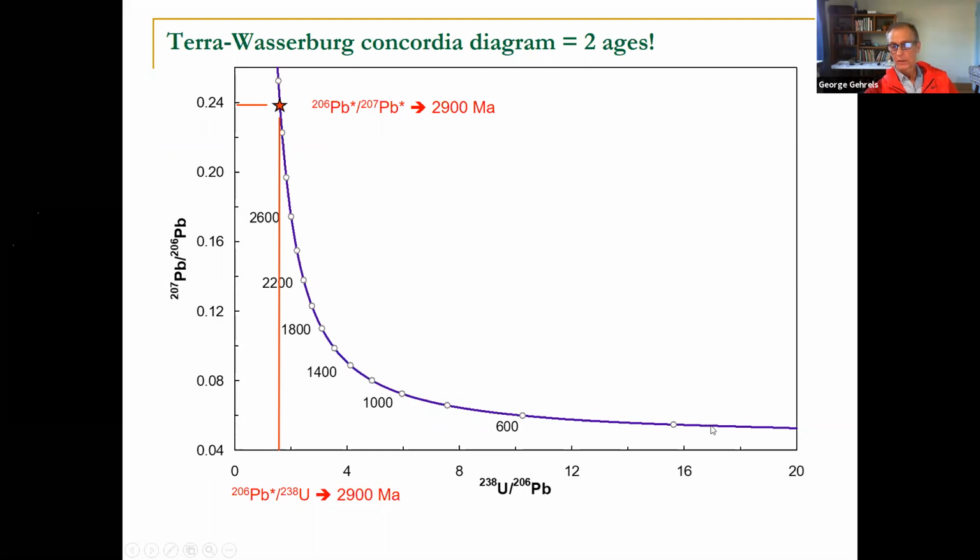And this works exactly the same as the traditional Concordia diagram. It's got exactly the same information. You would just measure 6.8, calculate 2.9 billion, measure 6.7, calculate, you define your point on Concordia, and off you go. It just turns out that this one is not so simple to use, especially because of this big expansion of age here as a function of 206, 238. And that's because 6.7 is not changing very much for young systems. So we generally don't use this, but you might see this in maybe 10% of the papers that are published with uranium lead